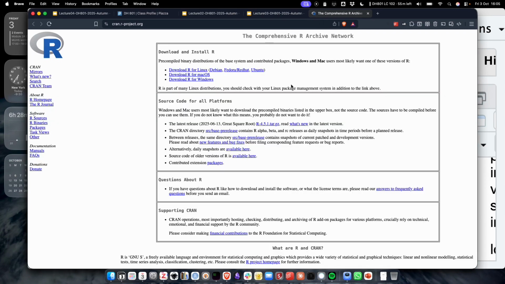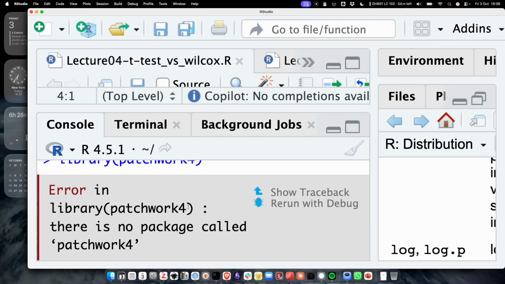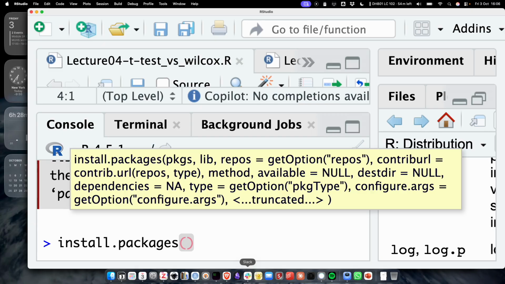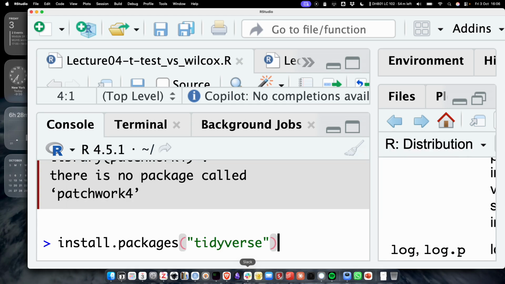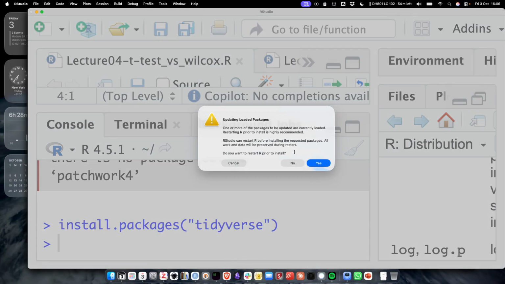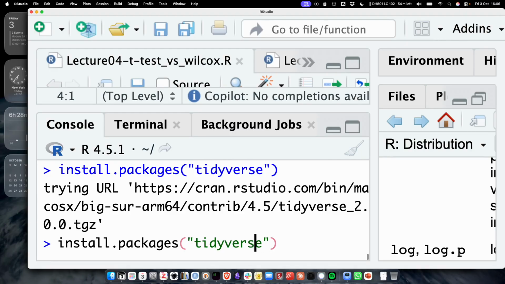It's not easy to get your packages up on CRAN. CRAN is where all the packages that you write in R are hosted. It's a very stringent procedure to get it hosted there, unlike PyPI. On PyPI, anyone can upload anything. On CRAN, it has to meet a lot of quality standards before it goes there. Anyway, so all these packages are on CRAN. If you don't have a particular package, you can just do install.packages. If you just want to install one package, for example, this is called tidyverse, you can just do install.packages. I already have it, so I'm not going to install it again. You can also install